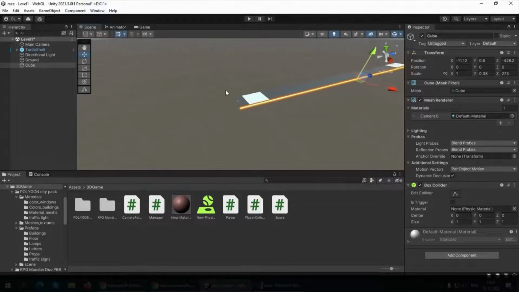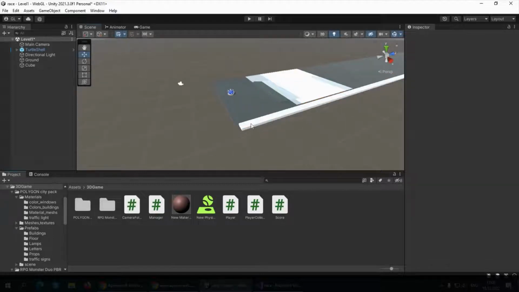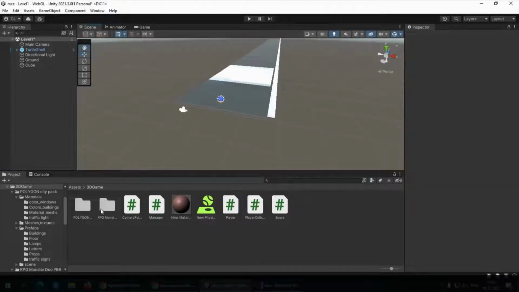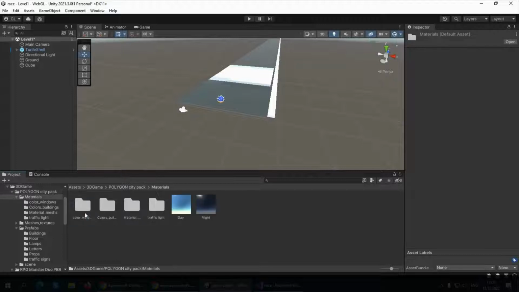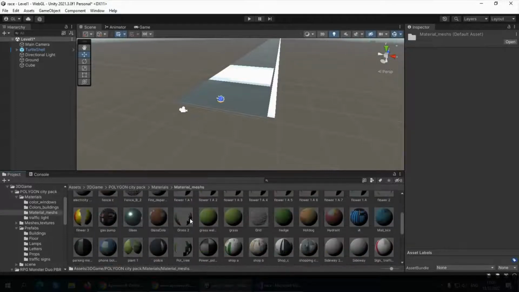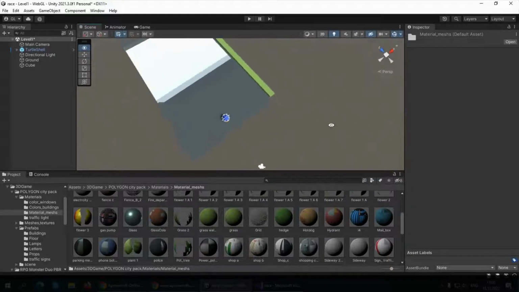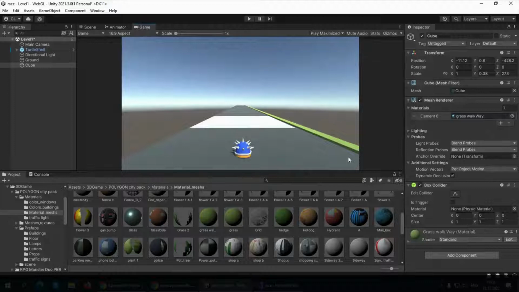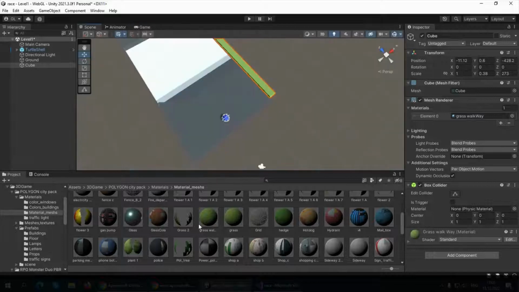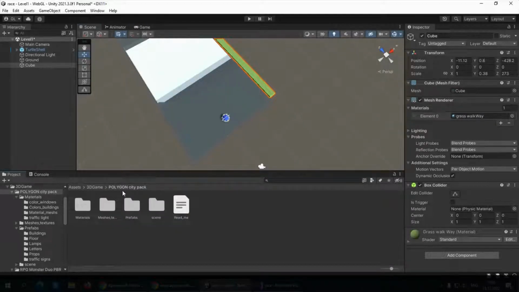Okay. And let's change material of this white line. In the polygon pack in materials folder, I think it has some grass. Yes, grass. Just drag this grass to our cube and it makes this green line, which looks fine. You can do it on the both sides, and after it you can take, let me show you, this polygon